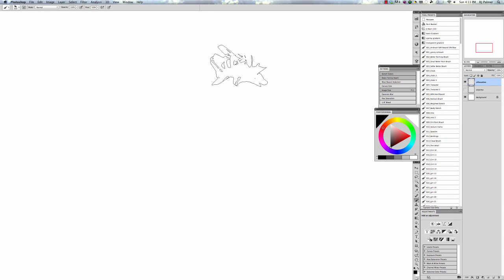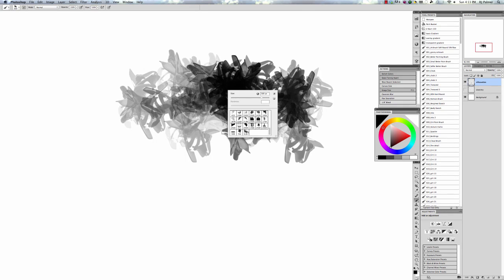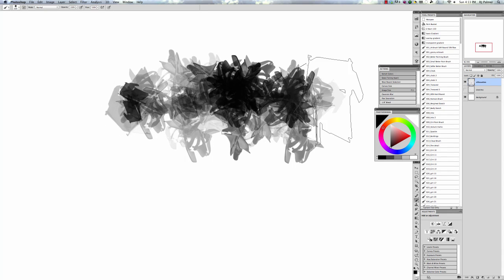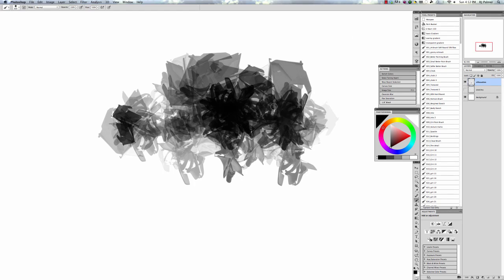So if regular sketching isn't really your thing, it doesn't really get your juices flowing for being creative, here's another technique that you can try. I just grabbed a random shape brush, just scattering all these weird shapes all over the place. I'm gonna build a silhouette out of this. And the randomized shapes go a really long way towards picking out different designs, because from here you can get an idea of what this could look like,